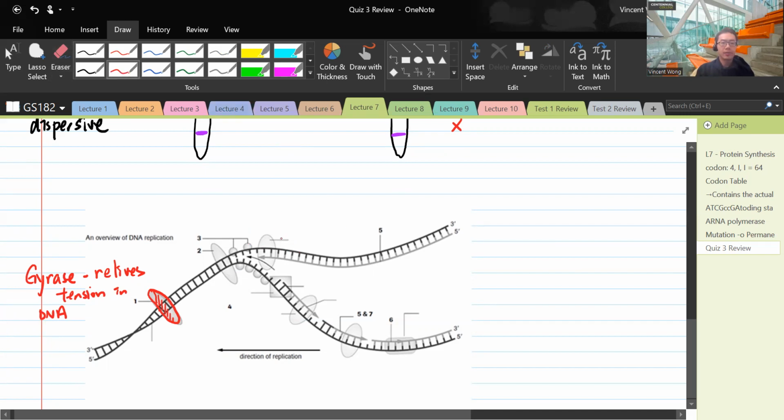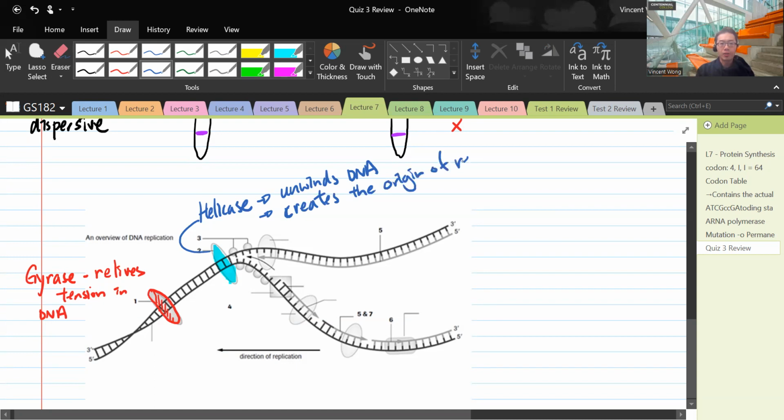That's right, the helicase, right? And that would be represented by number 2 right here. And there we have our helicase. Okay, so it unwinds DNA, and also it creates the origin